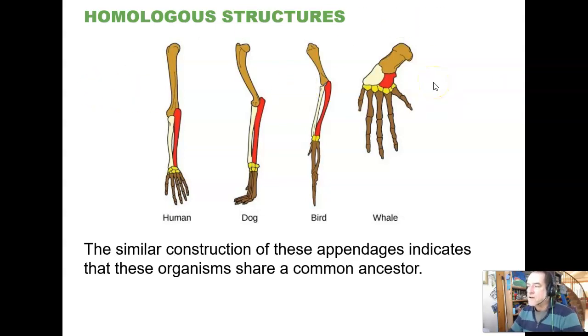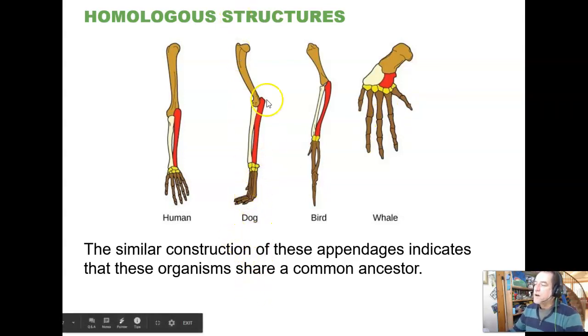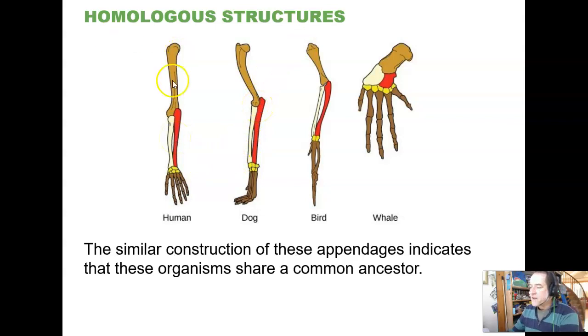And so the idea here is that anytime you see this pattern in a bunch of organisms, there is a strong suggestion that they are modifications of a shared common structure, which would have been the front walking limb of a terrestrial vertebrate that is the ancestor of birds, that is the ancestor of whales, and that is the ancestor of humans, and of course the modern dog. And the dog retains the most original version of this limb, and the others have highly modified versions of this limb for the worlds they live in now and are adapted to.